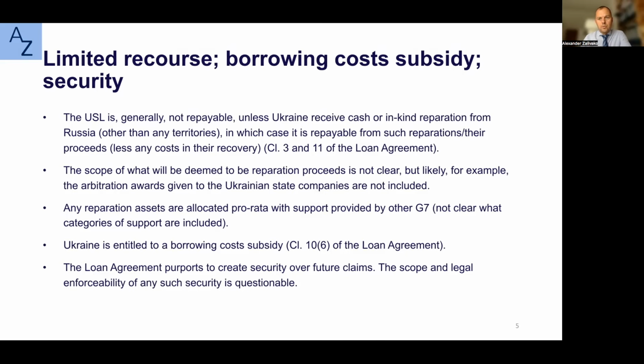Accordingly, the structure of the loan agreement is that it's not repayable as a general matter, and it's repayable only if and when Ukraine receives from Russia cash, which represents the reparation for the war which Russia leads in Ukraine. Same approaches to the interest. Ukraine is entitled for a subsidy, and although the relevant provisions are drafted in entitlement, it's quite clear that Ukraine will indeed receive the subsidy, especially given that the loan is open-ended and it's not clear when it will be repaid. Even the structure as it is, the reparation proceeds, is drafted in very unclear and quite generic way.